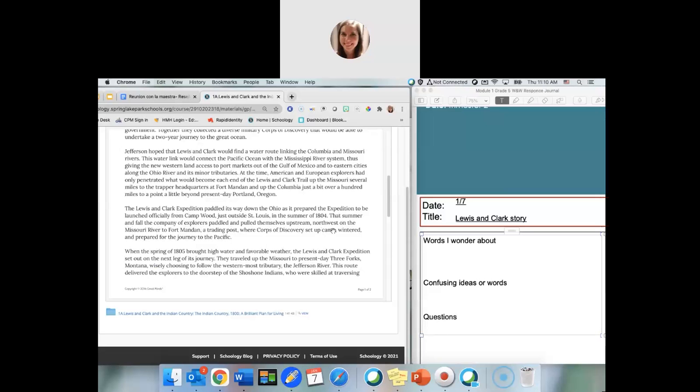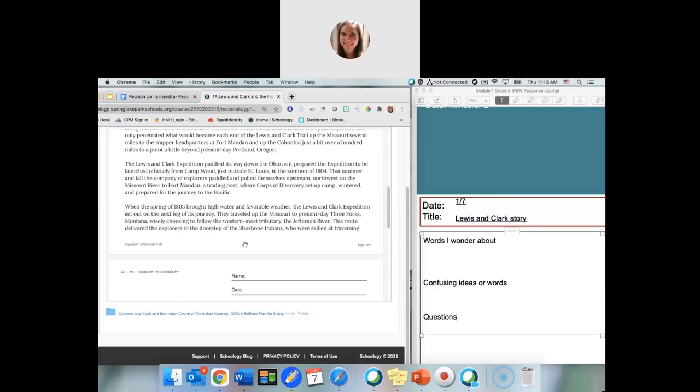The Lewis and Clark expedition paddled its way down the Ohio as it prepared the expedition to be launched officially from Camp Wood, just outside St. Louis, in the summer of 1804. That summer and fall, the company of explorers paddled and pulled themselves upstream, northwest on the Missouri River to Fort Mandan, a trading post, where the Corps of Discovery set up camp, wintered, and prepared for the journey